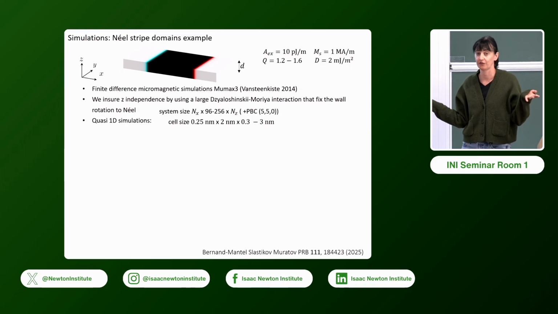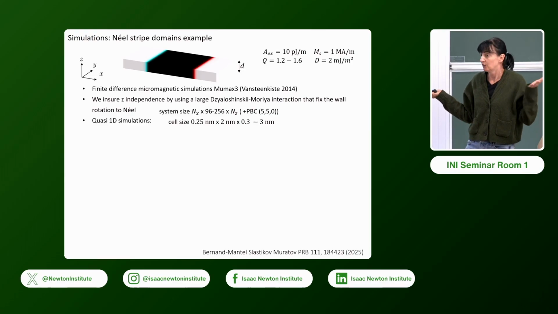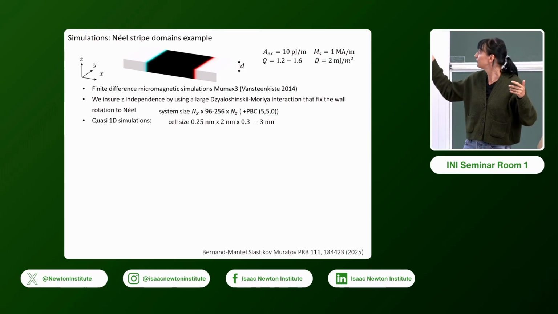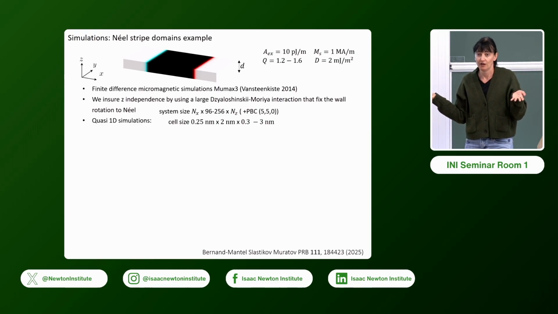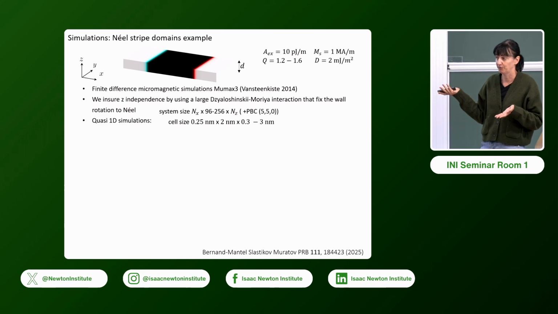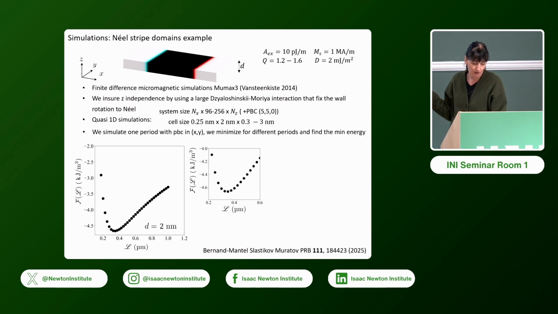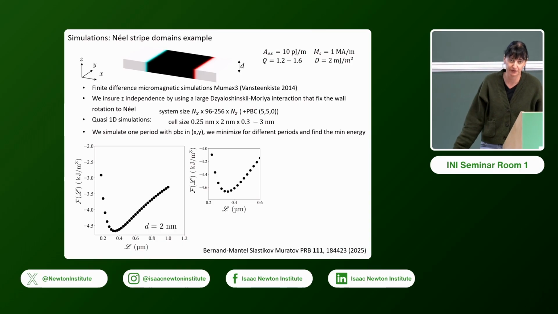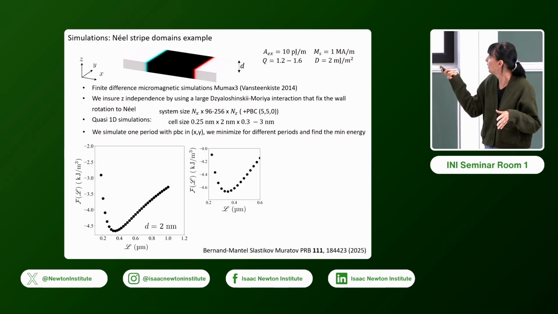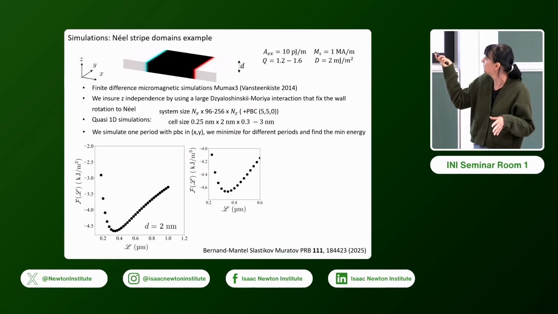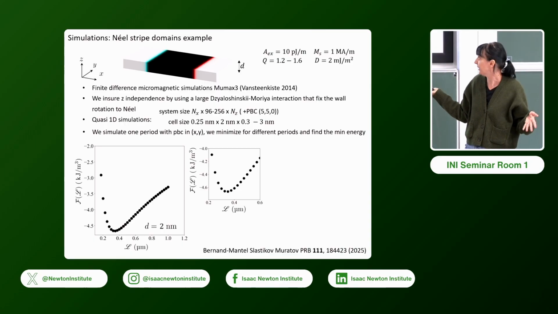So if you take a random set of dimensional parameters, it could be that I'm looking for L, which is kilometric, and I still need to resolve my wall. So if I don't have any analytical formula to guide me, these simulations are impossible to do. But okay, I have the chance to have it, so right away I have my system at the right size because I already know where should be the stripe equilibrium width, and what I am going to do is that I'm going to minimize this with periodic boundary condition to represent my stripe